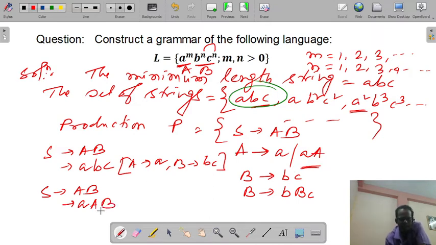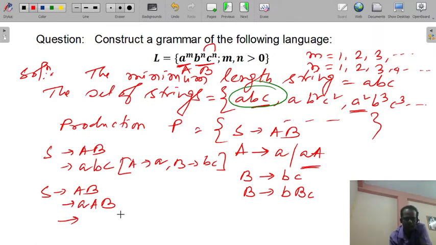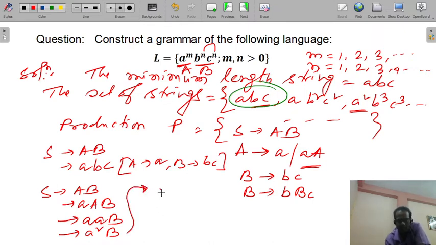And then B. Next, A will be substituted by a and then B. So here it is A square B. Fine. Next thing it will be A square. We need to produce b square c square.